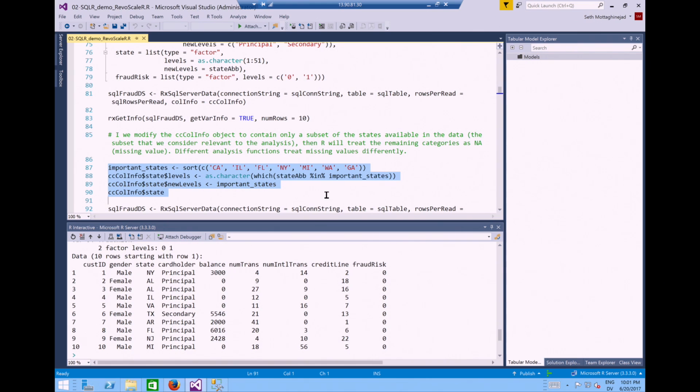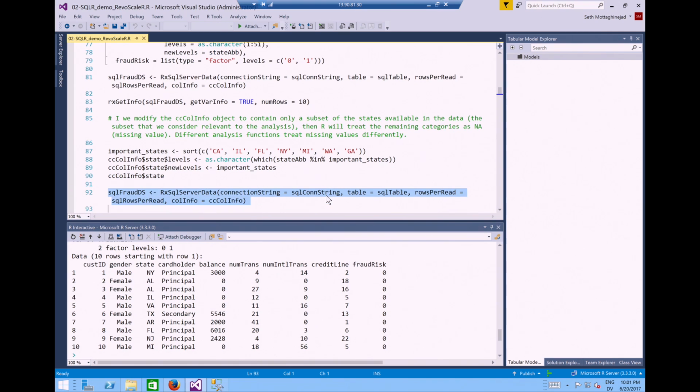But we can do more than what we just did. We could go, for example, to this state column and say, in the data, I have information about all 50 states, but for my analysis, I only care about the top 5 largest states or the top 7 or whatnot. When you bring the data into R, if you see any states other than the ones that I've listed in line 87, then pretend as if they were nulls in SQL. Again, no change happening to the data in SQL. It's just the way that the data is being brought into R that is changing.